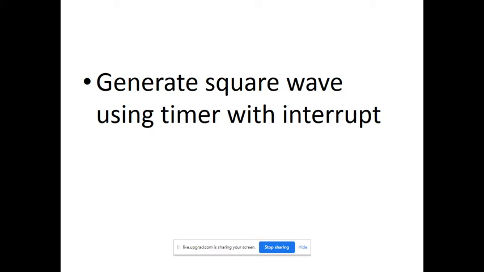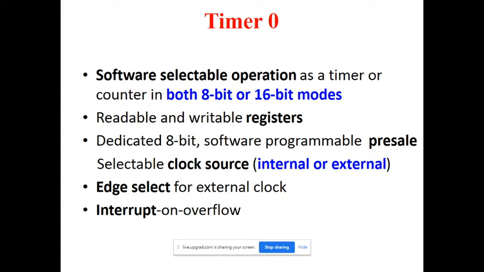Now in the problem statement they are saying not to use the software method to introduce the delay. They are saying to use the hardware method, and hardware method means you are using the timer to introduce the time. After the time is over, you must interrupt the controller, saying that the given time is over, and then according to that the controller will take the next action. This is the logic behind this problem statement, and from that point of view we will study the timer